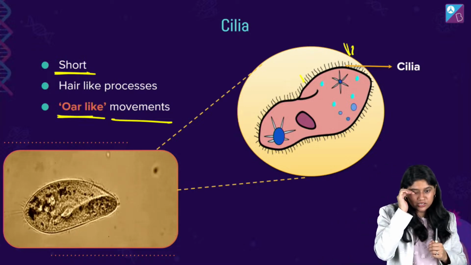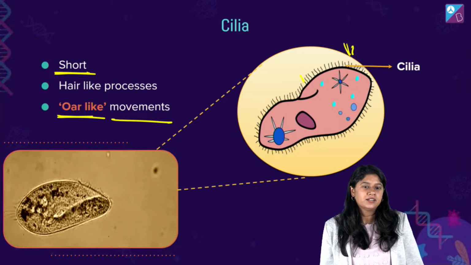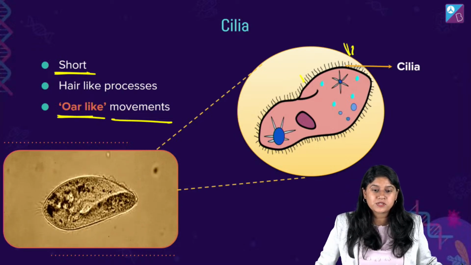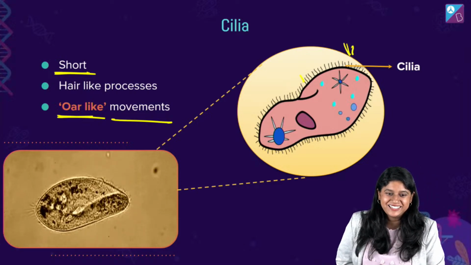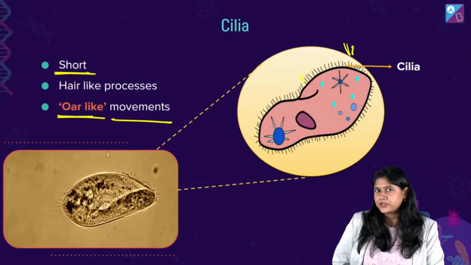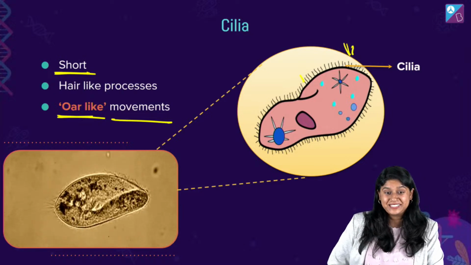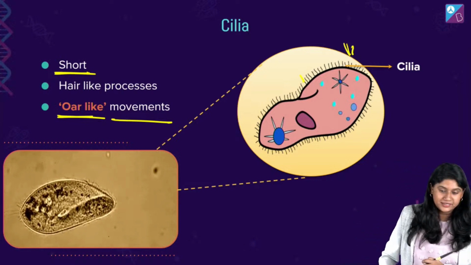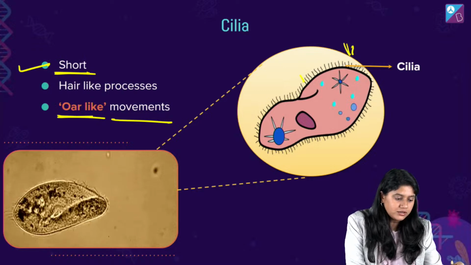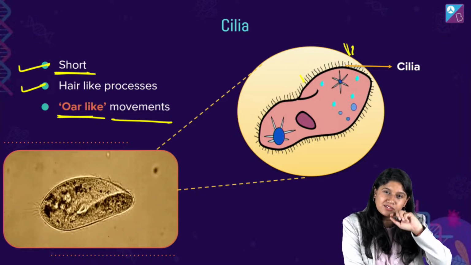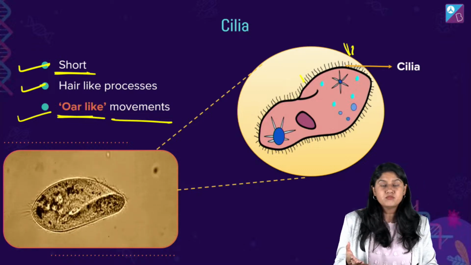Do they use the third law of motion? Think about it. Every action has an equal and opposite reaction. It means as much action as there is, that much reaction happens. Think about it. The medium is also moving, and of course the cell is also moving ahead. Clear? Yes, very good. So remember this about the cilia. They're short. They have hair-like structures, and of course they move. They play a very important role in the movement.